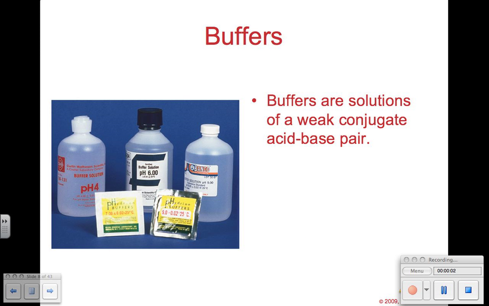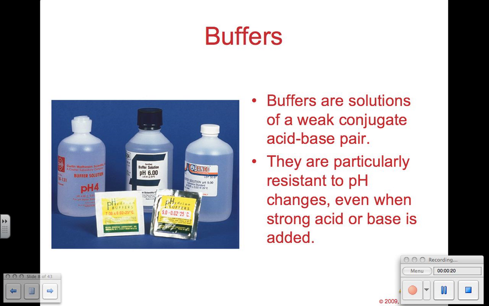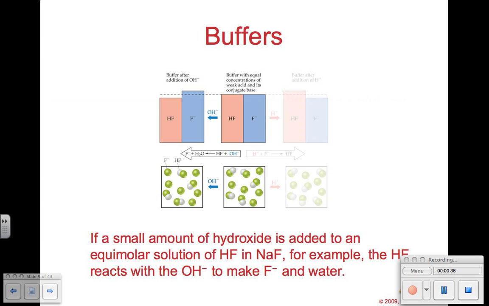Well, we're now looking at section 2 in chapter 17, which discusses buffers. Buffers are solutions of basically a weak conjugate acid-base pair, so you have the combination of both together. They're particularly resistant to pH changes, even when strong acids or bases are added. Your blood is a really good example of a natural buffer. Your blood can undergo a variety of inputs while keeping the pH consistently in the same range,